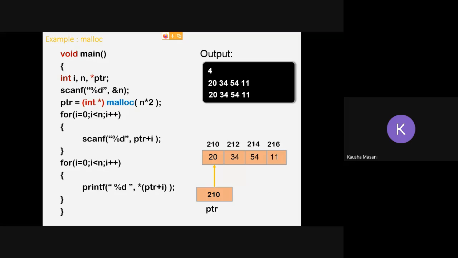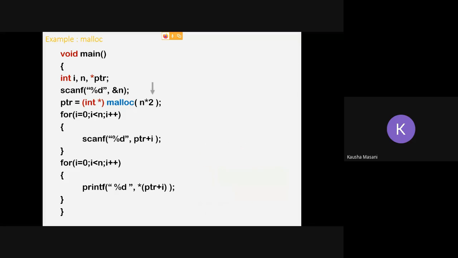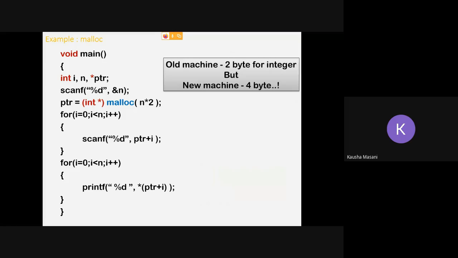To avoid this confusion for the compiler, instead of n star 2, we are going to use the sizeof function. All of you must be aware of the sizeof function, right?